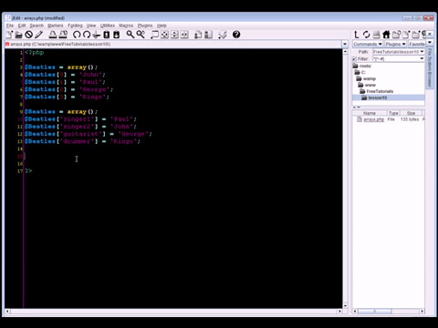Now, in order to get to this value here, we can just call it. Let's say echo, and then your array, which is Beatles, and now we're going to call it by the key. Let's comment this one out for right now, and we'll do the enumerated one first. So Beatles 0. Now, something very important to mention: computers and everything to do with programming all count from 0. So in order